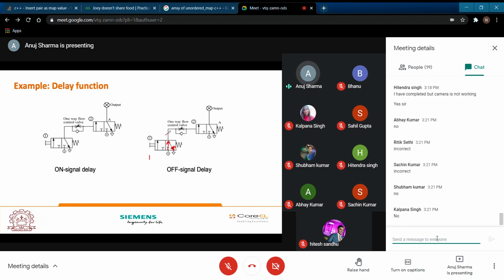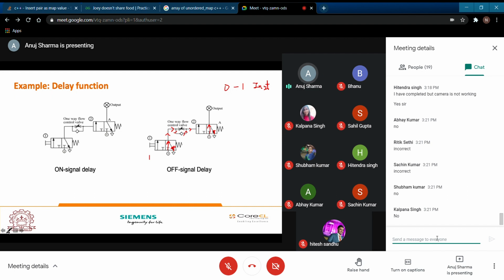This flow is going to flow in this particular direction. Now there will be no restriction in this direction. This will switch to this particular option, and it will convert from 0 to 1 instantaneously.